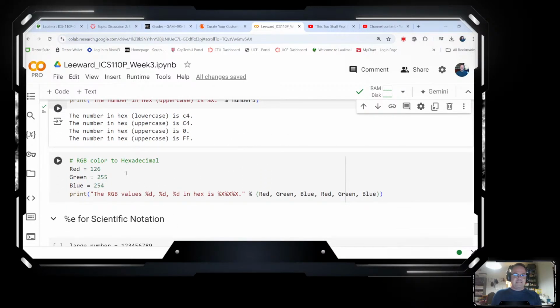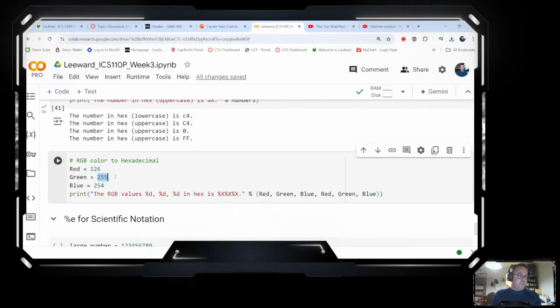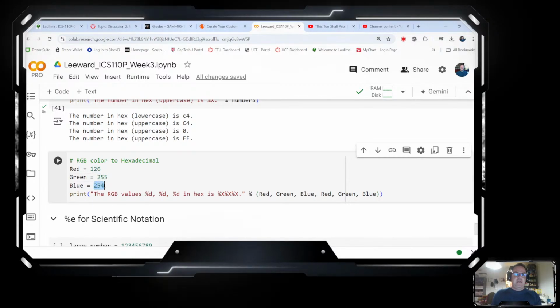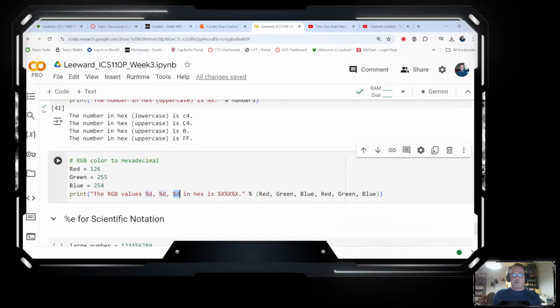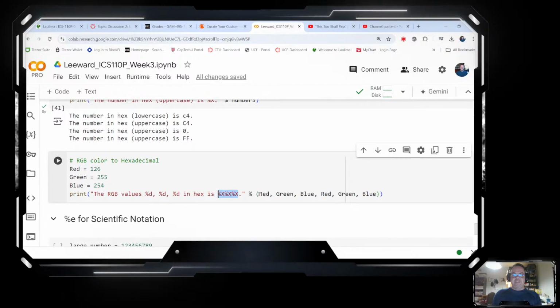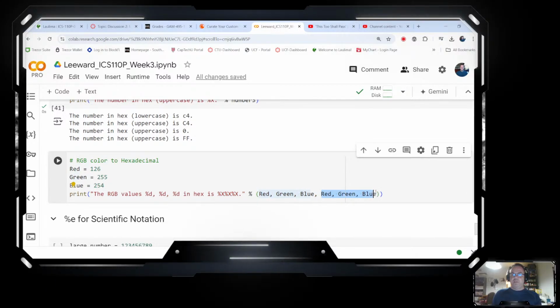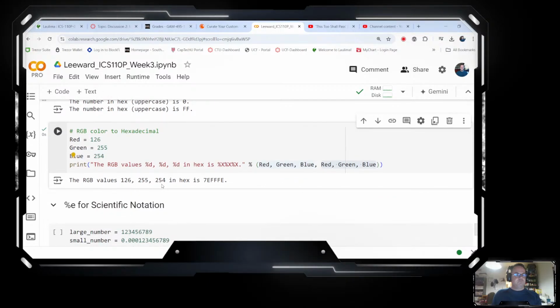We were talking about RGB hexadecimal, so let's take red as a value of 126, because it goes from 0 to 255, because each number is a byte in itself. Green will be 255, or FF in hex, right? And then 254 for blue. We have a %d, and %d, so that means I want to show an integer. You can guess what the 3 integers are. In hex is %x, %x using capital X's. You can guess what those numbers will be. But you can see here at the end, I'm doing red, green, blue for the integers, and then red, green, blue for the hexadecimal. Hit play. Red, green, blue values. There's your numbers. In hex is